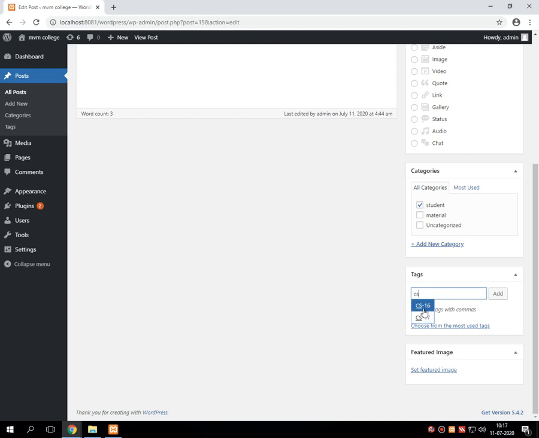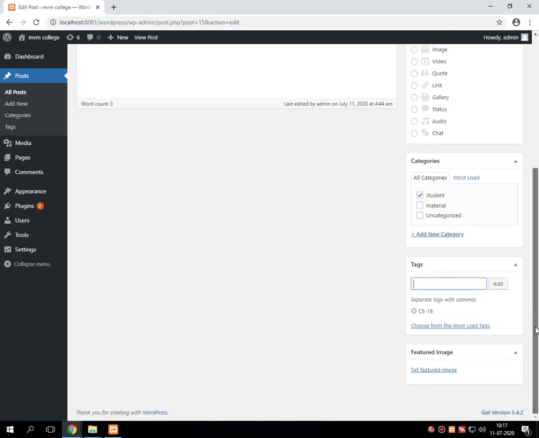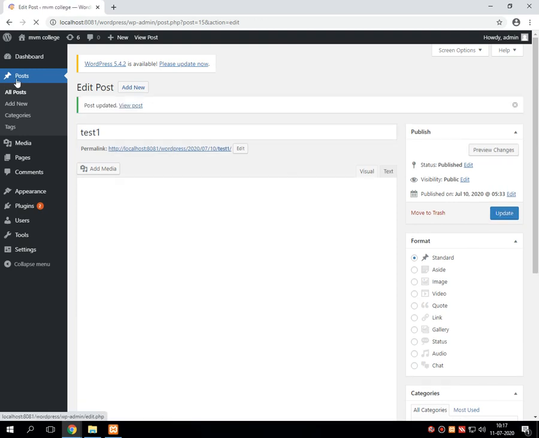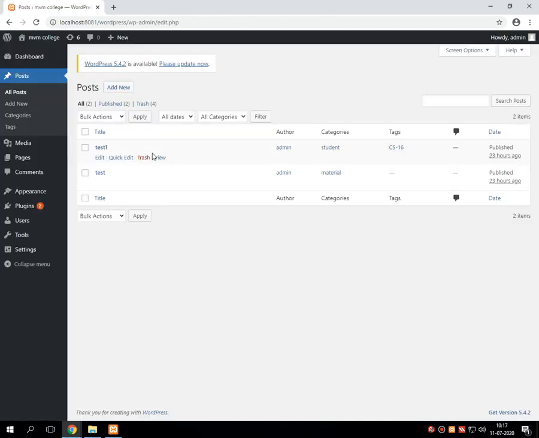I am selecting the tag called CS16 and inserting it, and it will display over here. Then just make an update to the post. It will show the created tag on the post.